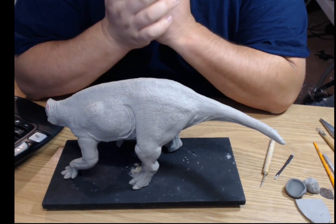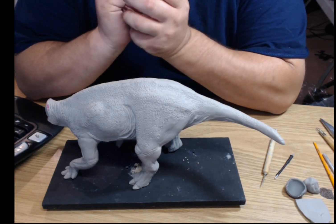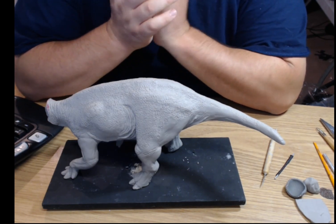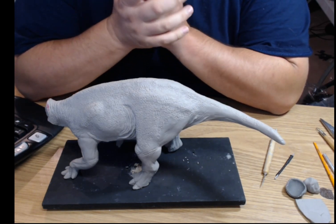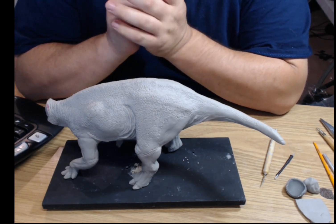It took me a long time to find out how to do things. There was a lot of struggling, a lot of research, and back then it was a lot of books. I actually got into sculpting because I bought a book at Chapters or Indigo back in the day,